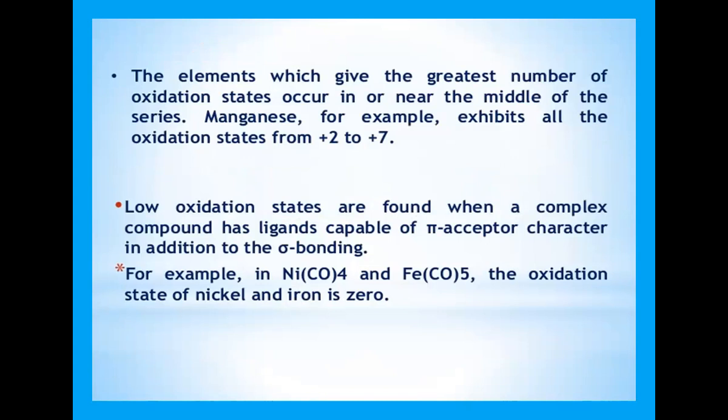Low oxidation states are found when complex compounds have the capacity of showing pi bonding, what we call pi acceptor character, in addition to sigma bonding. So, for example, tetracarbonyl nickel and pentacarbonyl iron, where the oxidation state of nickel and iron is 0. This shows that these elements, when they form complexes, particularly with ligands containing pi acceptor character, can also exhibit